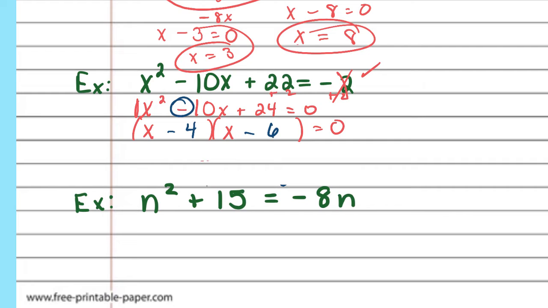See, x times x is x squared. Negative 4 times negative 6 is positive 24. Negative 6x, negative 4x. That adds up to negative 10. I'm correct on my factorization. I set each one equal to 0 and solved